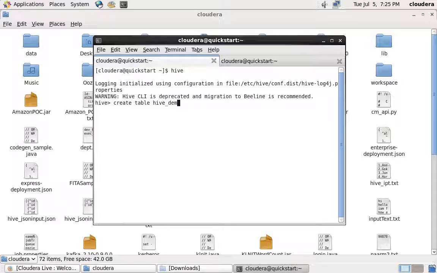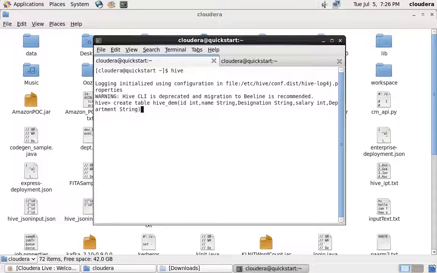I'll give its columns: I have ID, which is an integer, and I have name. What else do I have? Designation, salary, and I have a department with me.